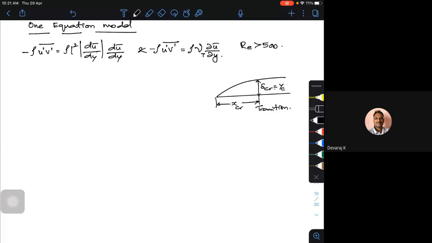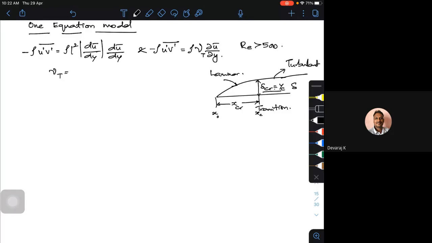Now you have an option. See, x is equal to 0, that is x naught to your x critical. Then beyond that it is simply a delta. So this is the boundary layer growing. This is your Y critical, or the critical where the transition takes place. So this is your turbulent region, and this is your laminar region.